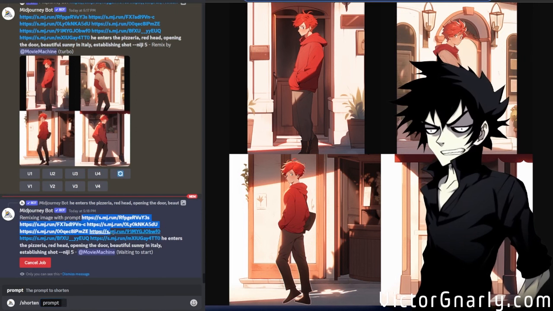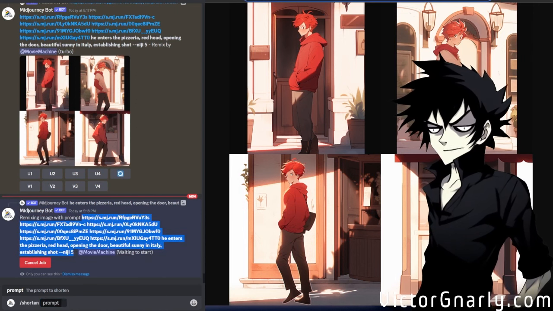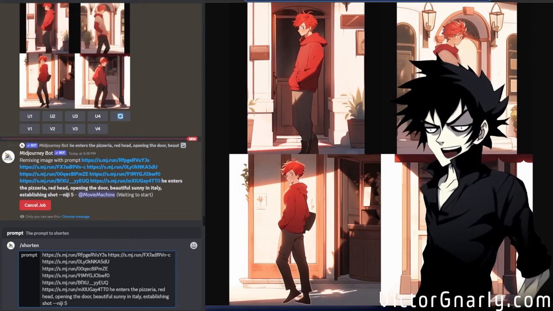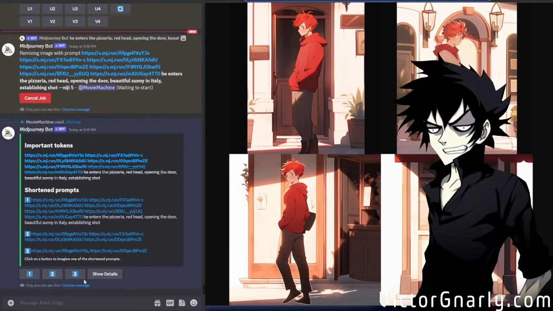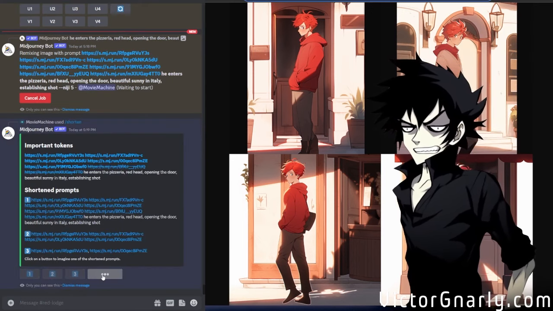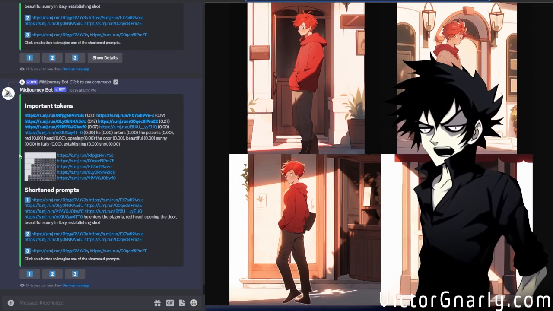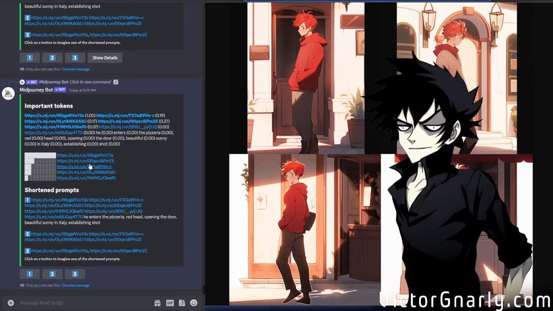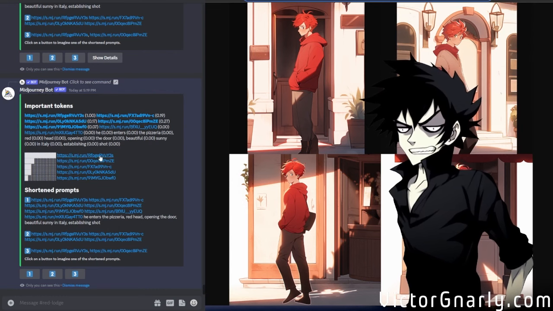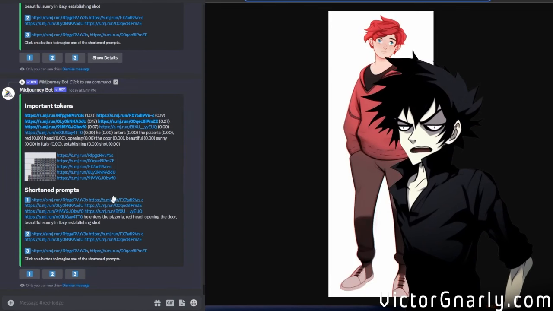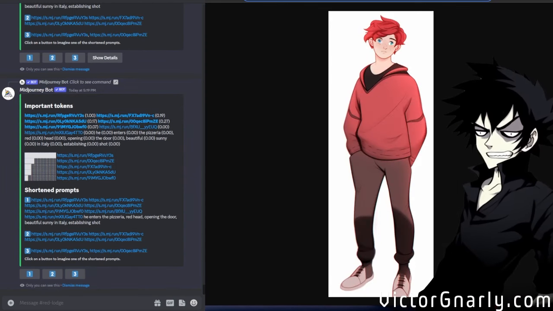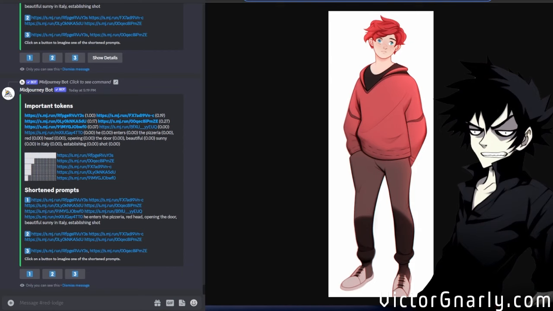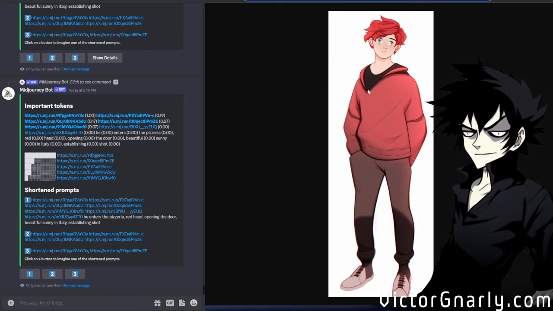We can select our entire prompt and write that in there, and by clicking on show details, we can see the weight of the images right here, and see which ones have the most dominant elements of our character Bible. So this first one here is the main pose, which is what we want. We want the main pose to be the reference that it takes in,